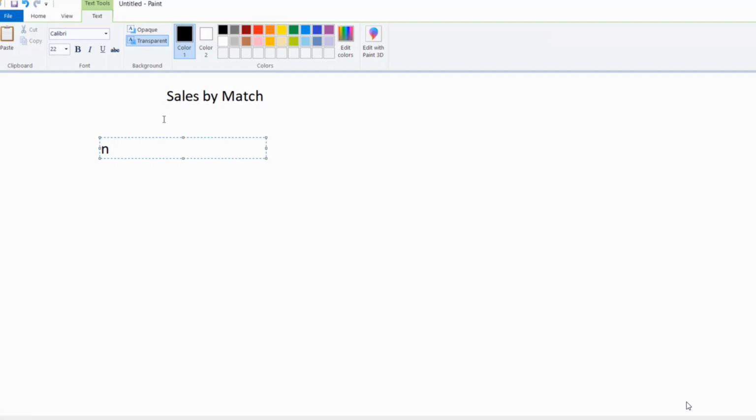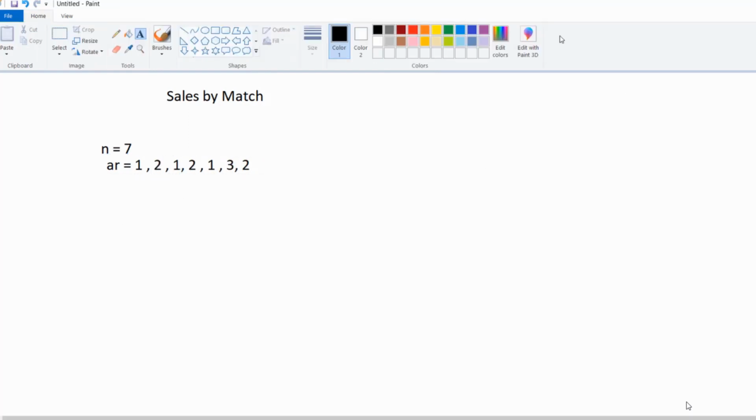For example, I want to store 7 array values inside an array. So what I will take as array values, let's say for example, 1, 2, 1, 2, 1, 3, 2. Now what I want is to return the total count of pairs of those array values. For example, here you can see that 1 comes 3 times, 2 comes 3 times and 3 came only 1 time. So I want to just count pairs of values. You know that a pair means the same value repeated 2 times.